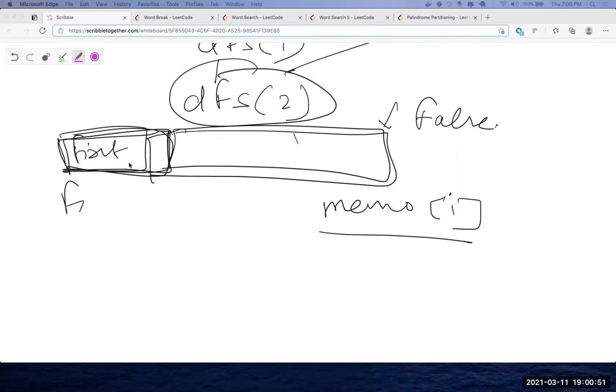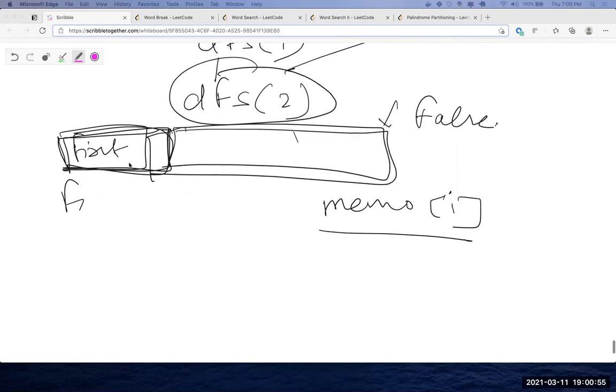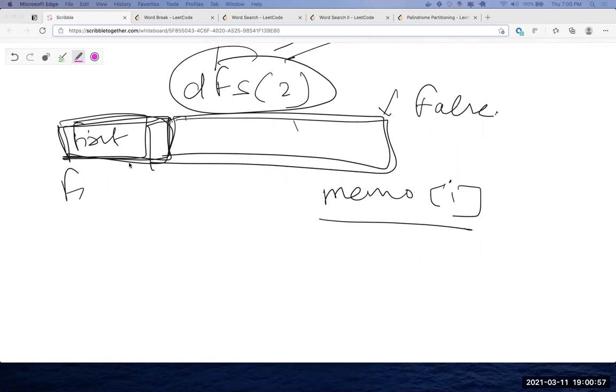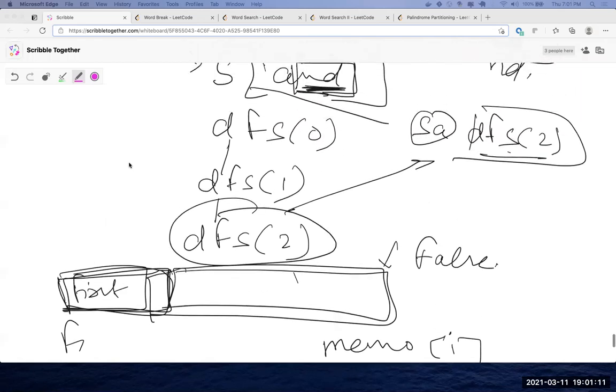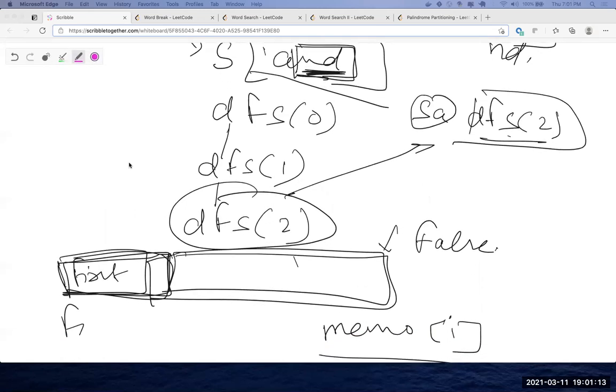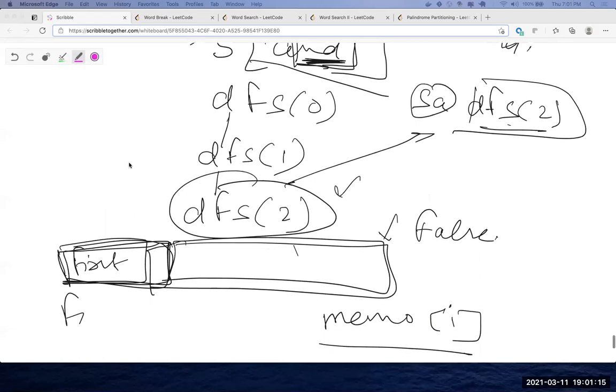Understood? So that is what DP is all about. If you see a string problem, it's going to be a permutation problem. Permutation in the sense you'll have to generate all possible strings. When you're generating all possible strings, just write down the code, or draw the tree. Then you'll figure out what is being repeated. If it is being repeated, just save it in your memo table.